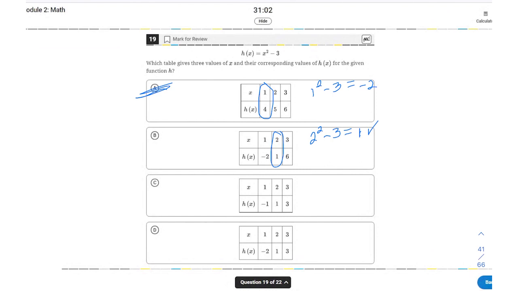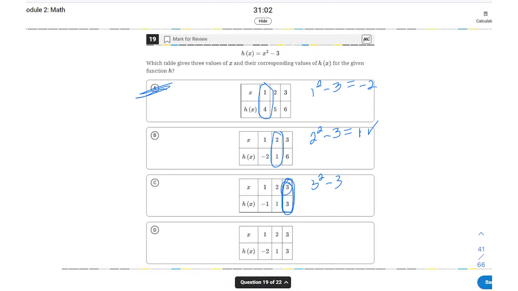Let's try answer choice C. Well, we already know that 2 and 1 would work. So we don't need to really repeat that pair, because that wouldn't help us clarify anything. So let's try maybe a different set where the numbers change a little bit. We can pick anything we want. Again, if we want to shy away from negatives, that's okay. Maybe here we want to try this pair when x is 3 and h of x should come out to be 3. Let's see. This would be 3 squared